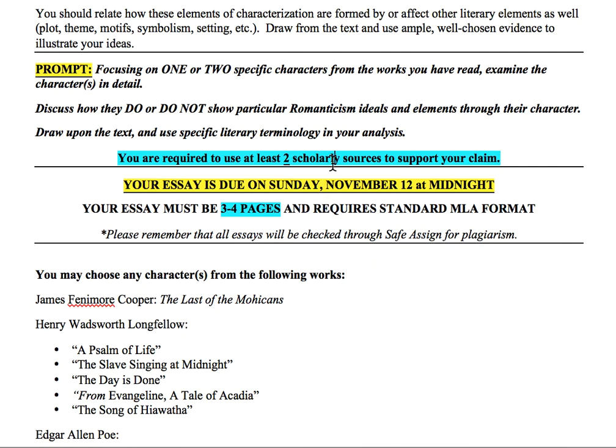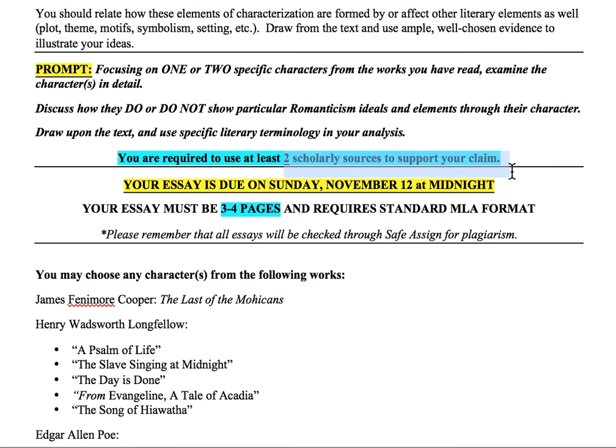As always, use them in the same way you do any other evidence. Use quotes from them to support your ideas. It's also a really good place to start if you are unsure of where to go in your essay. You can start by looking at the scholarly source, see the ideas and arguments they make, and then pull from the ideas that they're putting forth. I'm not saying copy.